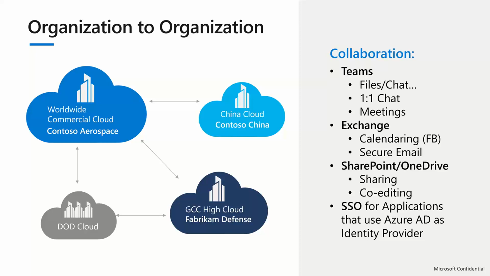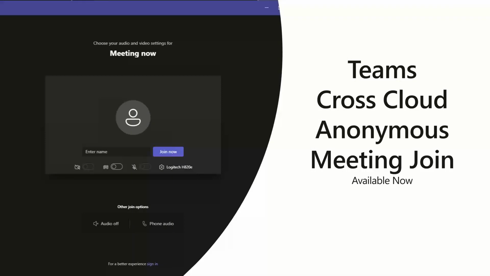That's a really key feature, one of the most heavily demanded capabilities. It's not just sending somebody a document back and forth, right, via an email attachment. It's now being able to co-author a document with your partners that are coming from somewhere else, and then the SSO into your applications. So the Teams cross-cloud anonymous meeting join has now been released to all tenants for the